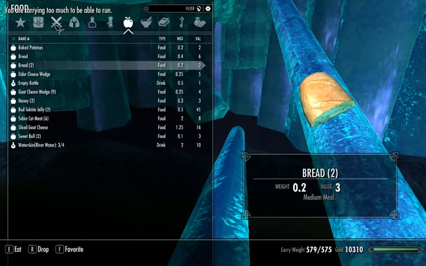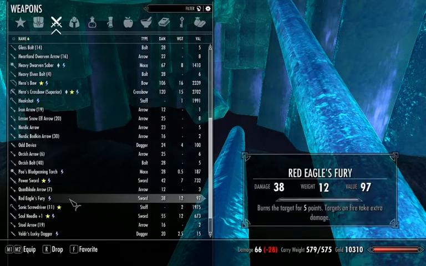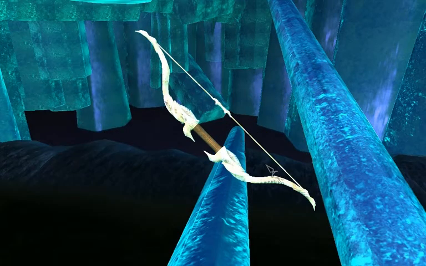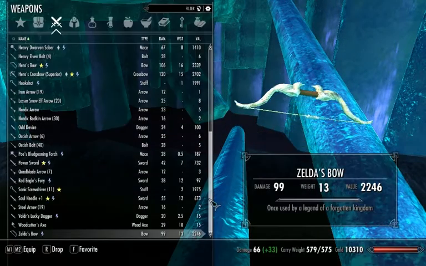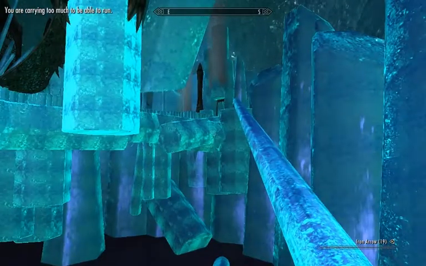And it over-encumbered me. But Zelda's bow, 99. It's a very powerful enchanted bow. It's not as strong as the hero's bow, but makes up for that with the incredible enchantment that's on it. We'll explore Zelda's bow a little more in a future episode, but basically it is a retextured ebony bow. Mostly I just inverted the texture and added some different effects to it. It's based on a bow that Zelda uses in Twilight Princess, and it's almost a spitting image of that bow. It is a normal bow,